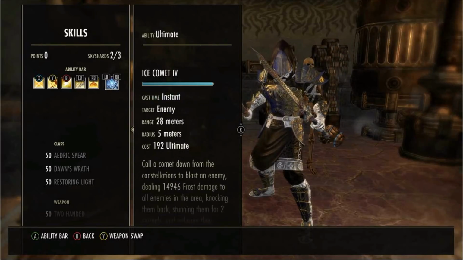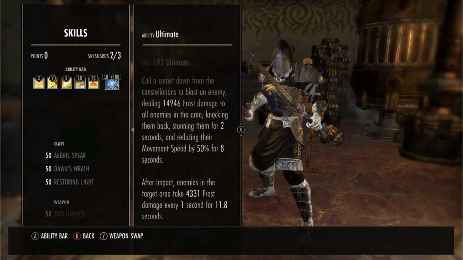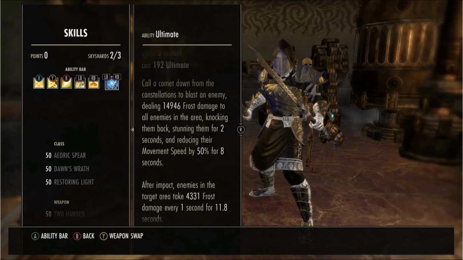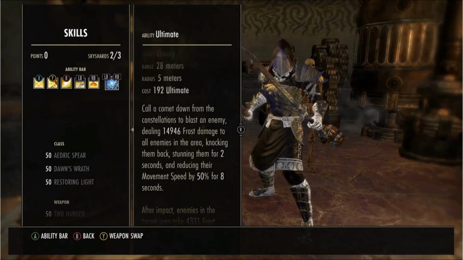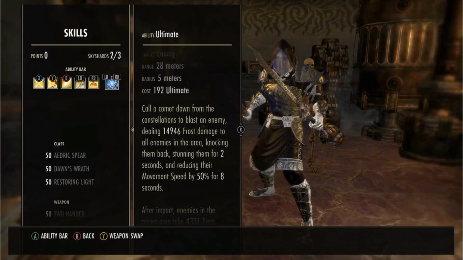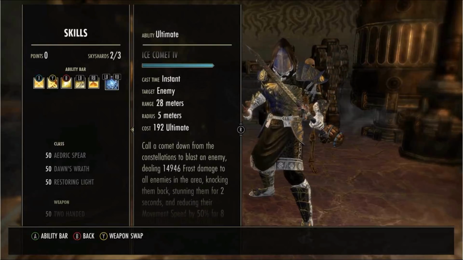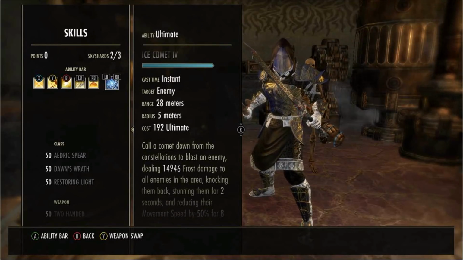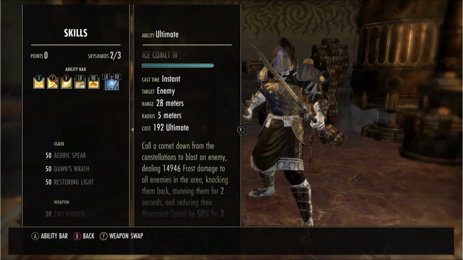Now I've got Ice Comet here. Ice Comet is brilliant. It does a lot of instant damage, plus applies a DoT that can proc Scoria. Being part of the Mages Guild line increases your max Magicka. It's just an amazing ultimate. Costs a little bit, but nonetheless is great. If you wanted, you could swap it for